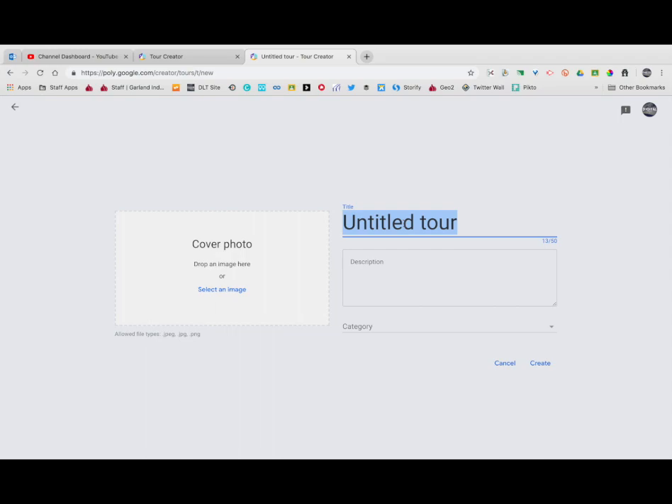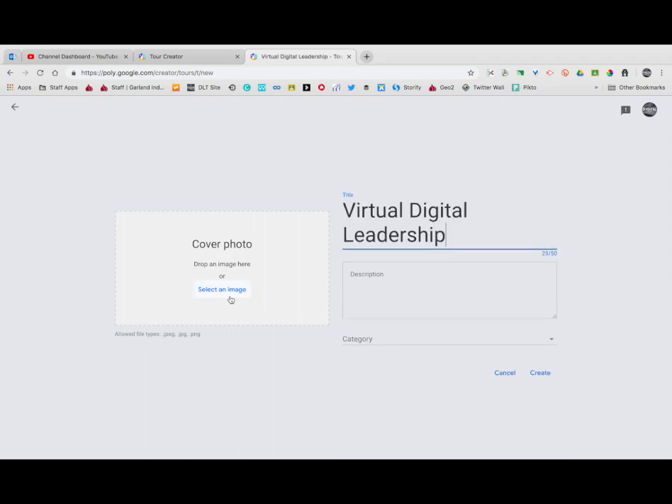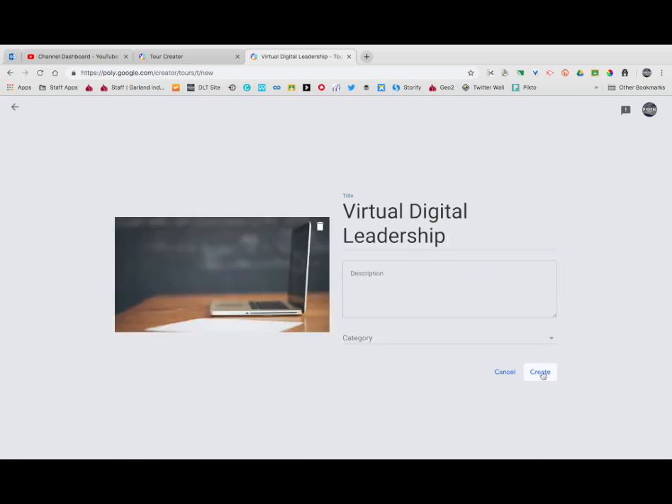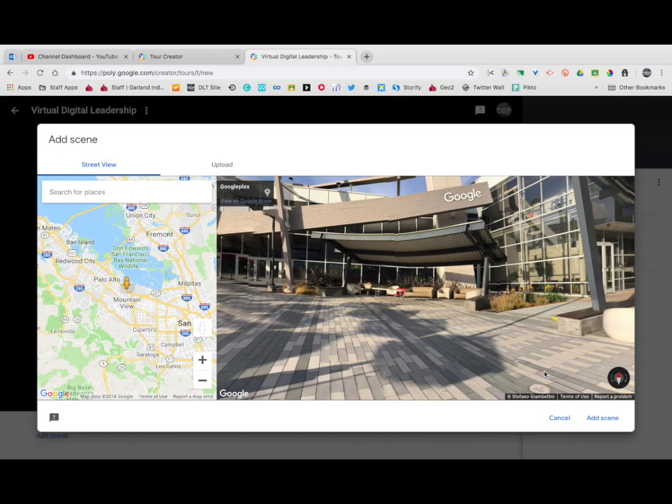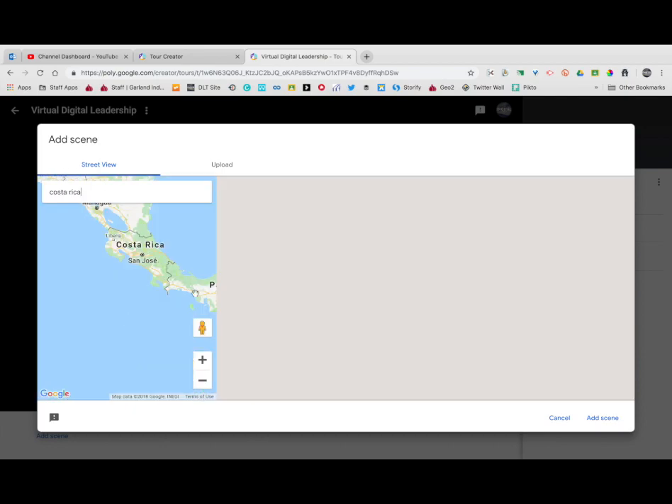We're going to start by giving it a title. You do have to add an image. This will launch a Google map where you can decide the location that you're going to start your tour creator on. So if I want to look at an area in Costa Rica, it takes me to that geographic location,